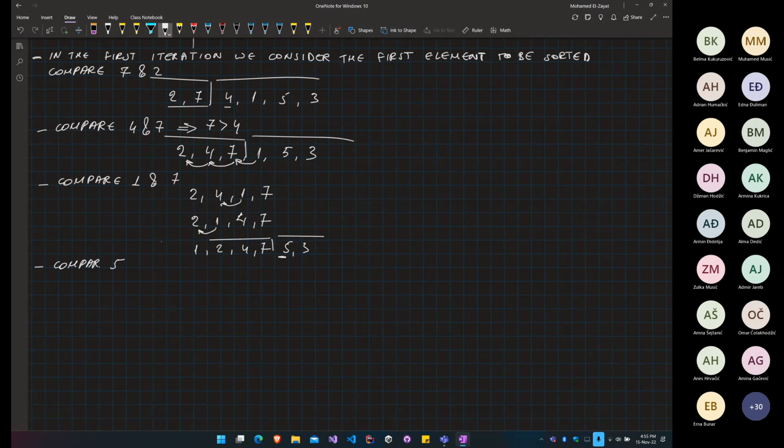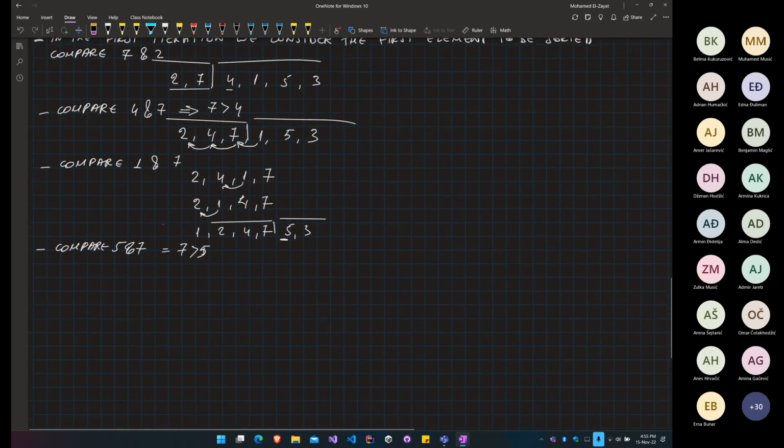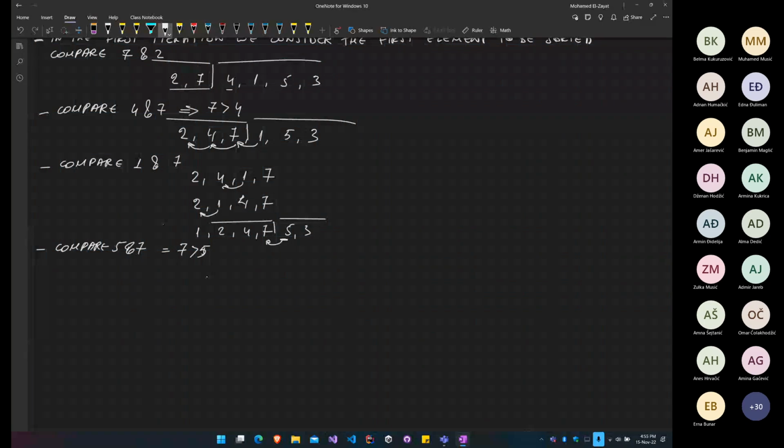Five and 7, right? And 5 is less than 7, right? Or let me actually follow the pattern, which I always said here: 7 is larger than 5. It is the same thing, obviously. Then we do the swapping, and obviously you're going to ask the same question: 5 and 7 will be swapped, but do I need to swap it with 4? And obviously it isn't, because 5 is larger than 4, so you will end up with an array that looks